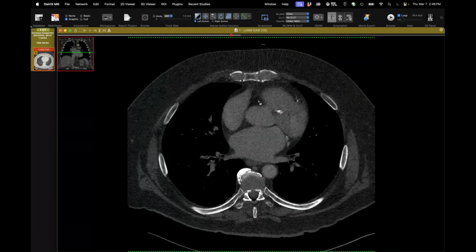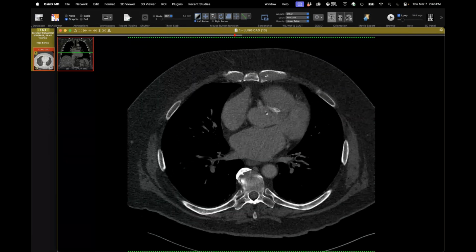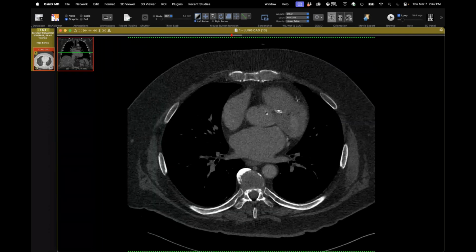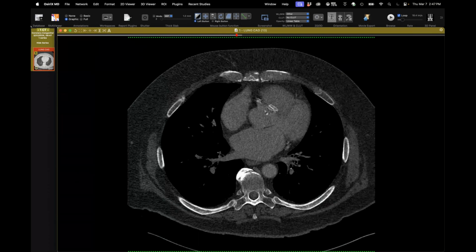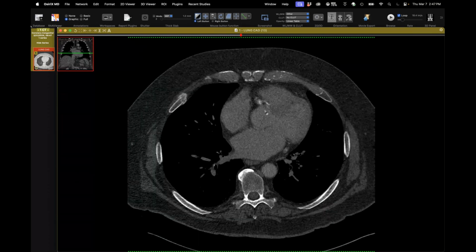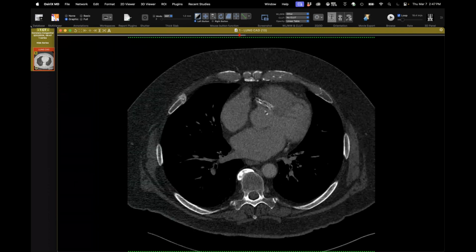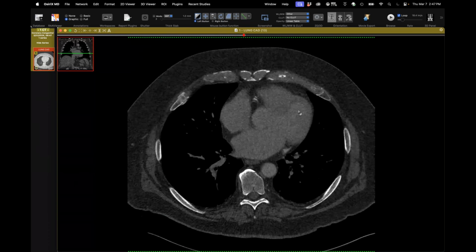So this is an interarterial course of a left main coronary, which is associated with sudden cardiac death. And this is an older patient. As far as I know, there's no defibrillator or anything. There's no history of sudden cardiac arrest. But they usually surgically repair these, and I've never seen one stented before. I wonder if they opted to do that because maybe the patient wasn't a surgical candidate. It kind of looks like he's had an old, at least a non-subendocardial infarct there. But he's got a lot of coronary disease. But have you guys ever